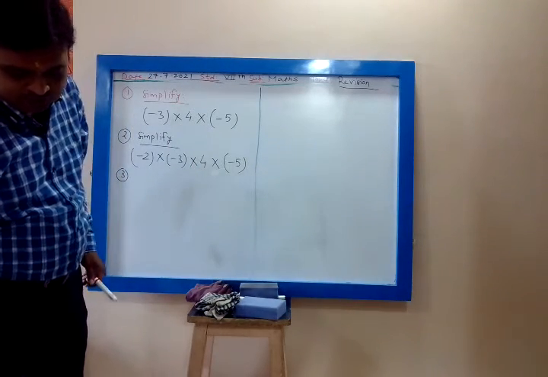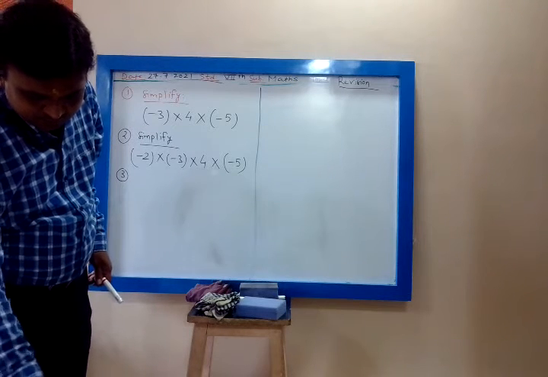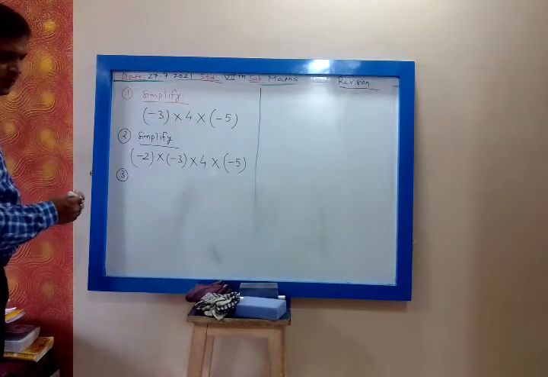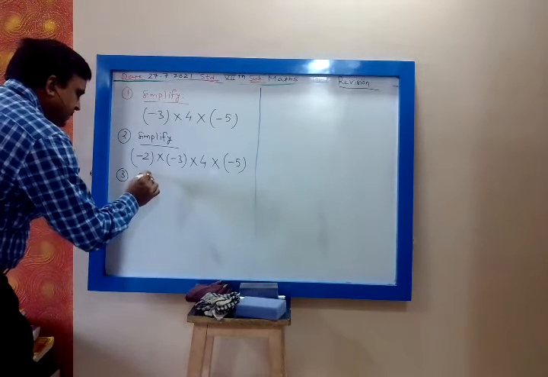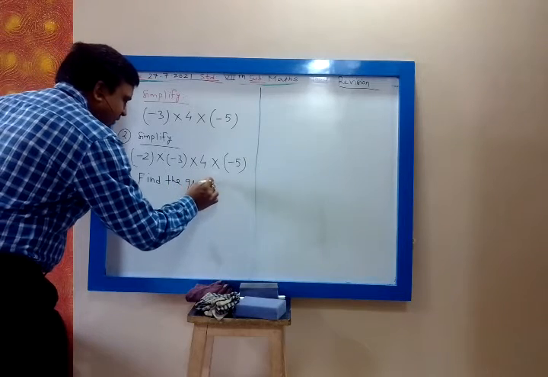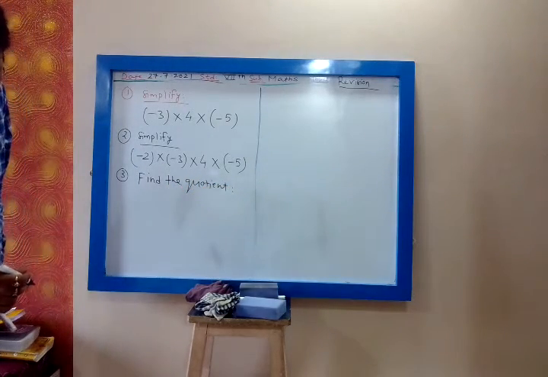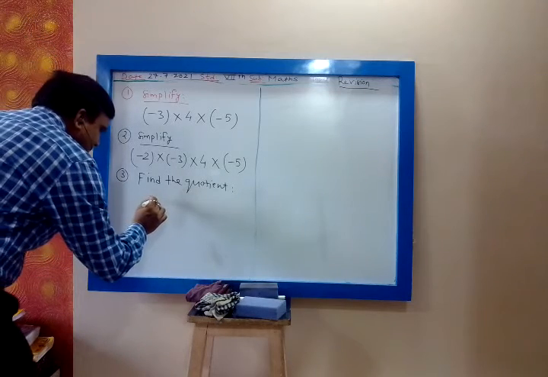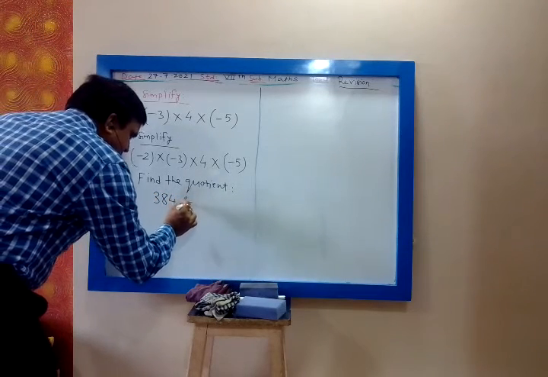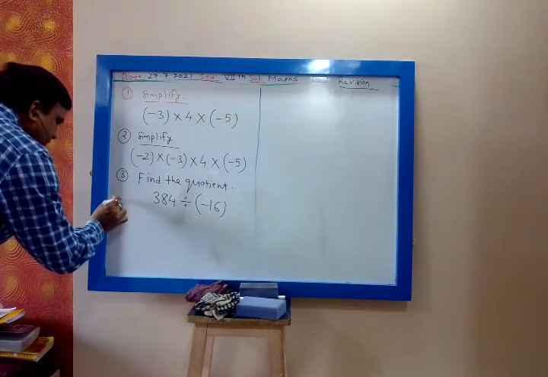My dear, where is BODMAS? Only one term is there in the bracket. Okay, so find the quotient in each. This is from integers. Find the quotient of 384 divided by -16. Then fourth,